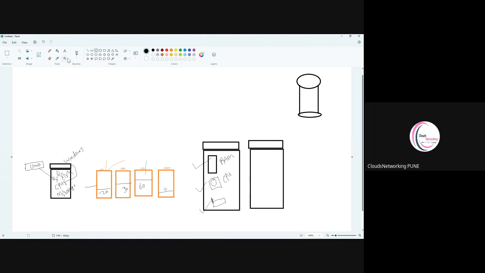Okay, so let's do one thing. Let's keep some storage here for some time. Then I'll give a scenario where you'll see why storage is not required within the server. Obviously the server will have storage, but that is not to host your servers. It is for internal small things, to hold the operating system. Once you have these two servers, on top of them you are going to host your AD server